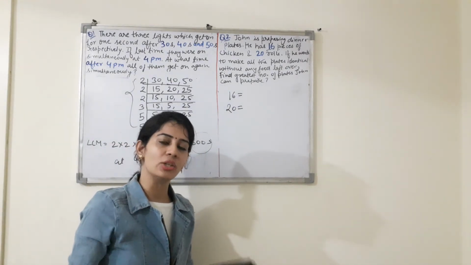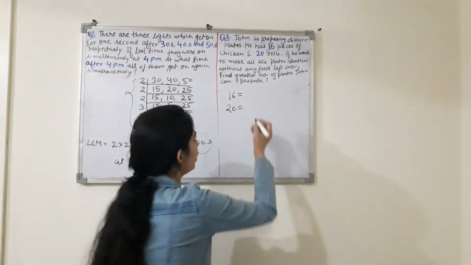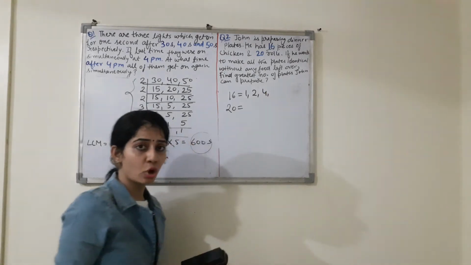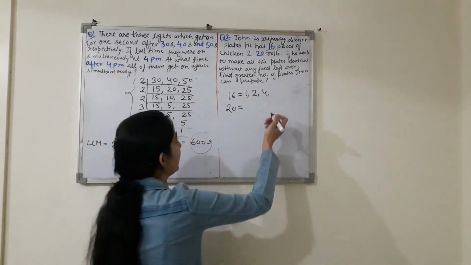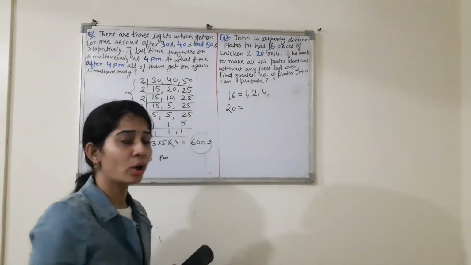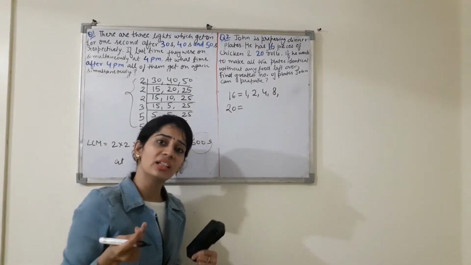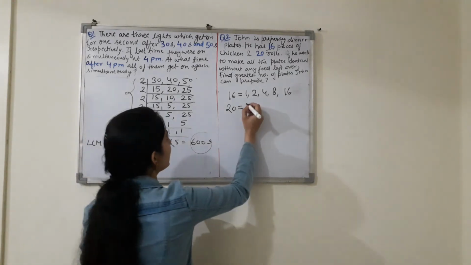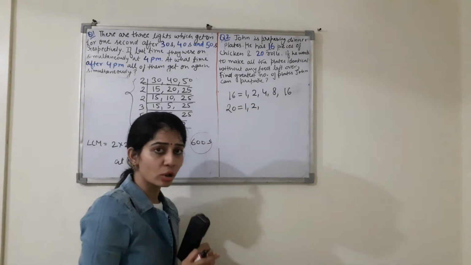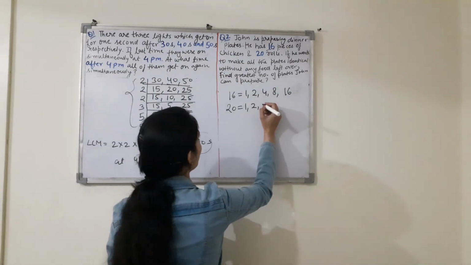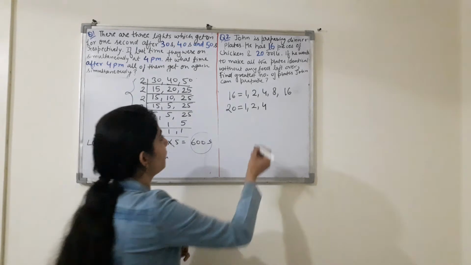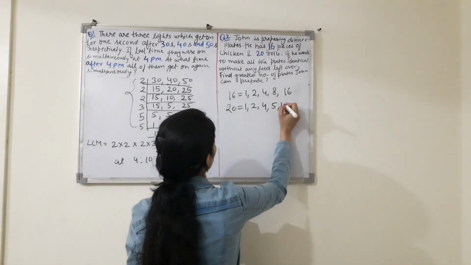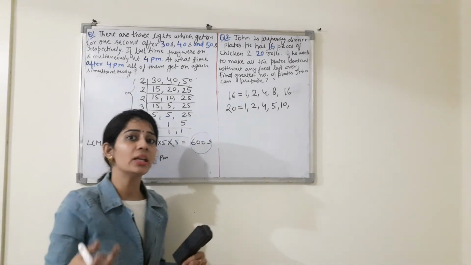What will be the factors of 16? All those numbers that will divide 16 completely. So 1, then 2, 3 no, then 4, then 5 is not, because 16 is not divisible by 5, right? Then 6 is not, 7 is not, 8 yes, 8 times 2 is 16, and then the next factor will be 16 itself, right? Now if I am talking about the factors of 20, then 1, this is your 2, 3 is not a factor of 20, 4 yes, because 20 divided by 4 is 5. Then 5 is again a factor of 20. 6, 7, 8, 9 are not the factors of 20. Then move on to the next number 10. And then the next number will be 20 itself.